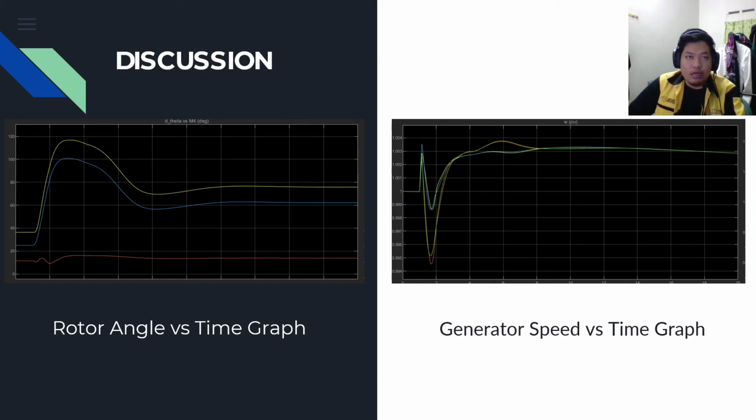Okay, for the marginally stable case, on the basis of the graph of rotor angle versus time and the graph of generator speed versus time, it can be observed that the waveforms of both rotor angle and generator speed become only marginally stable between 6 seconds and 20 seconds during the simulation time, and that they return to an equilibrium state after a load reduction at time 3 seconds.